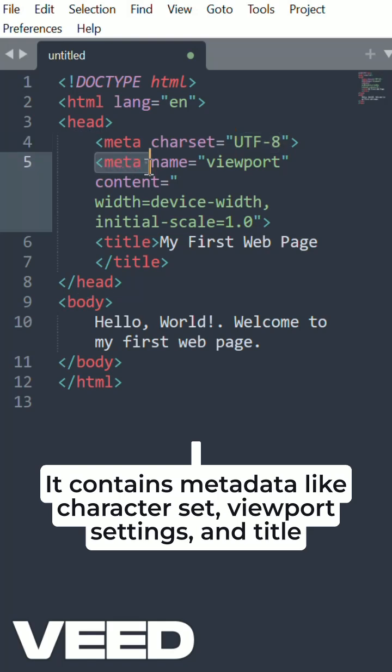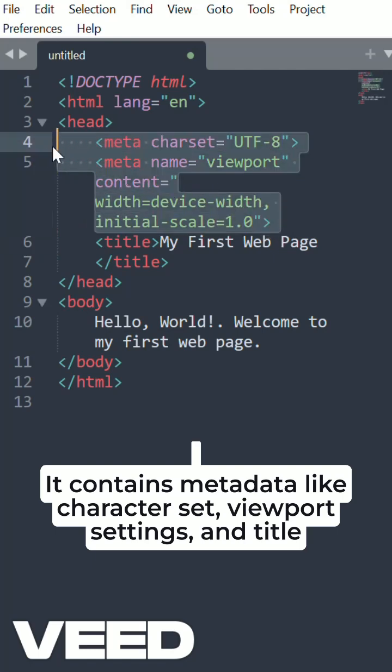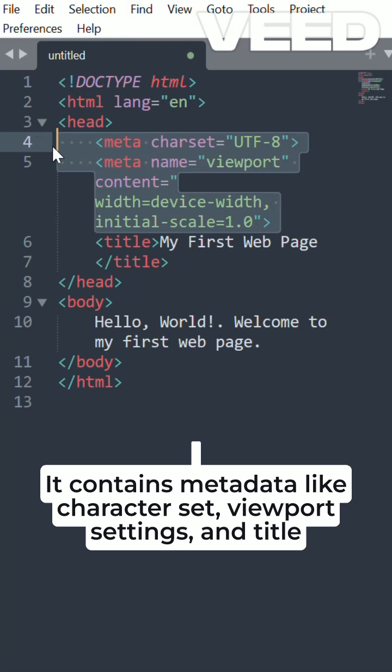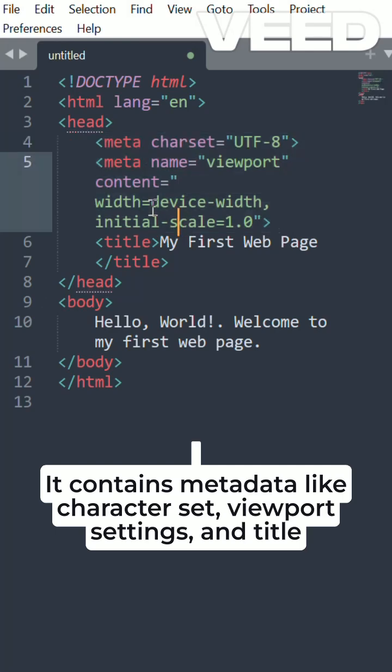Next line, less than symbol, meta name equal to viewport, content equal to, within double quotes, width equal to device-width, comma, initial-scale equal to 1.0. By writing this particular statement, you are making the web page more responsive on different sizes of mobile, tablet and desktop. Remember, see here, width equal to device-width: I am going to match the screen width of the device to my output's width. Next, initial-scale equal to 1.0 means I am going to set the initial zoom level as 1.0,